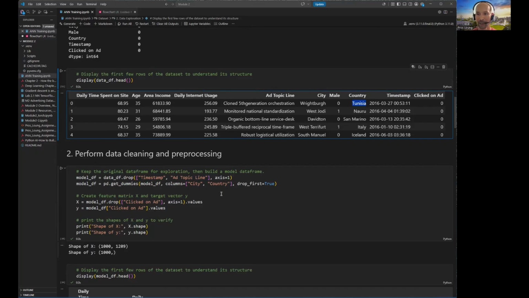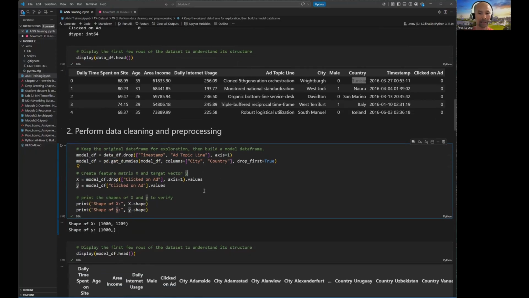So that way it becomes numerical. It's become something that the model could actually understand and process. So this is what this code is doing, using the get_dummies method to encode city and country. Next, I create a